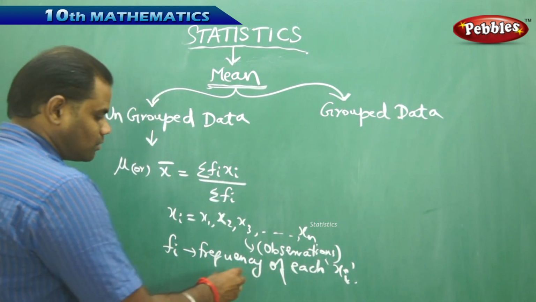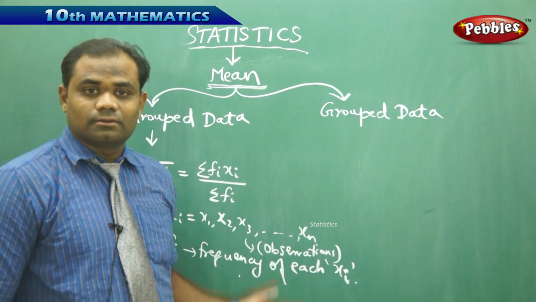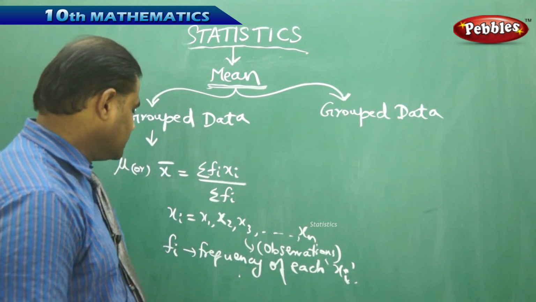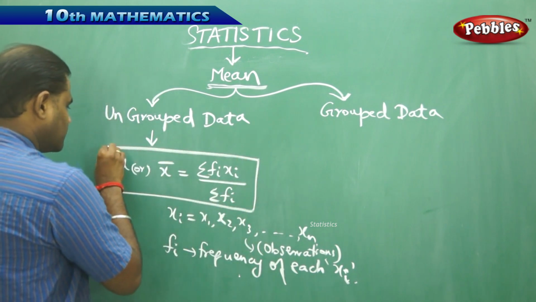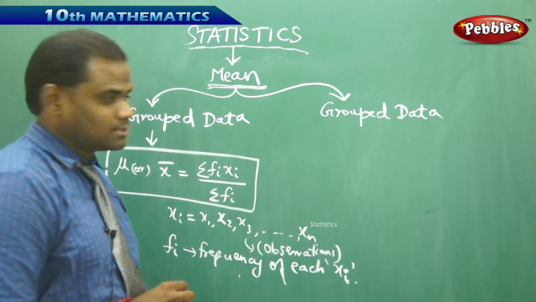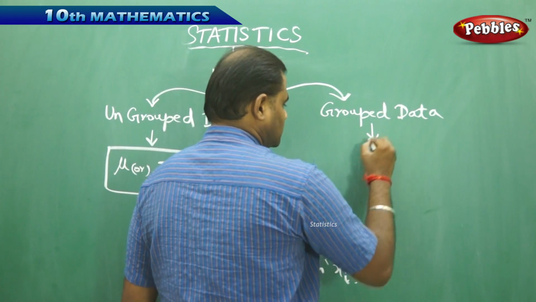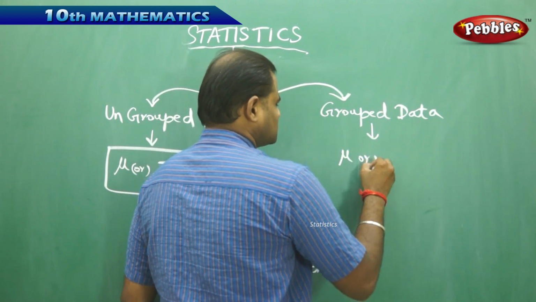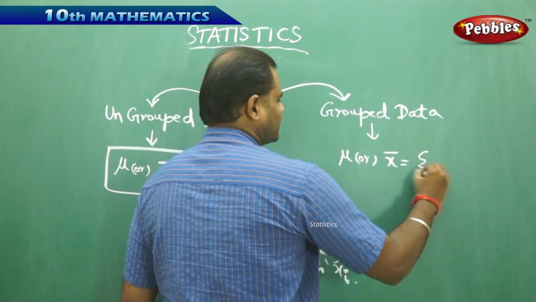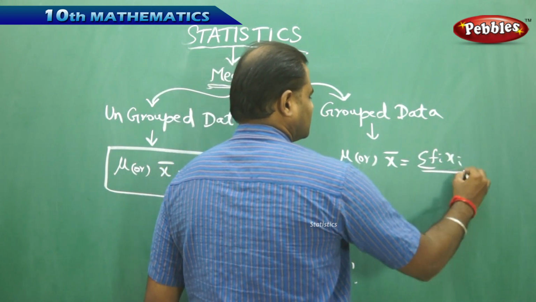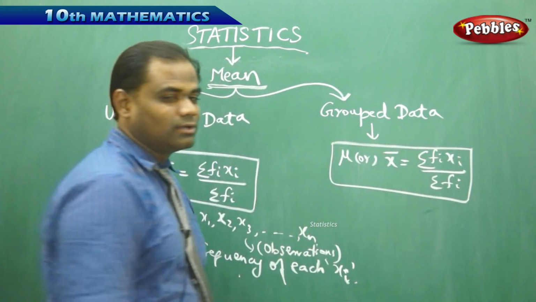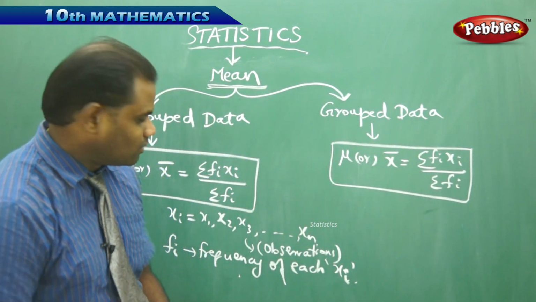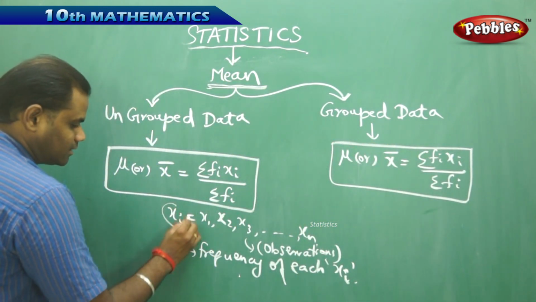Frequency is the number of times the observation repeats. Now similarly, when I come to the mean of grouped data, I have the mean x bar as again sigma fi xi by sigma fi. The formula doesn't change, but the only thing which changes is the observation, because for ungrouped data we have the direct observations